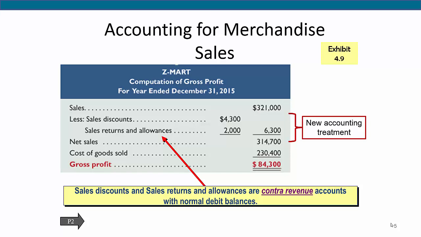Sales returns, allowances, and discounts are defined in a similar manner to what we saw on the purchase side. Sales return refers to merchandise that customers return to the seller after a sale. Sales allowances refer to reductions in the selling price of merchandise sold to customers. Both sales discounts and sales returns and allowances are accounted for as contra revenue accounts. This means they have a normal debit balance and are subtracted from the sales account to arrive at net sales